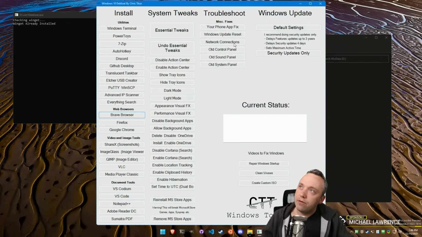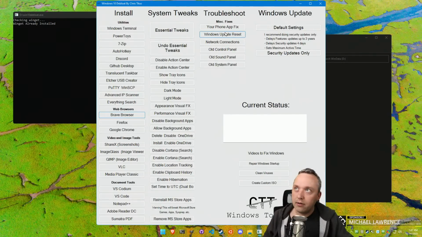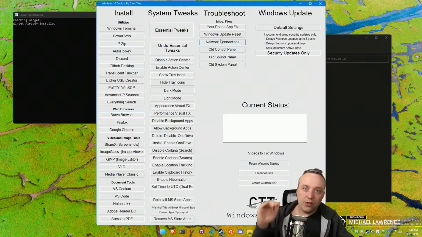Other things here too, if you run into Windows Update fixes, sometimes Windows Update just breaks. When you click this button, it's going to run a PowerShell file that, well, it's actually part of my script now, but I took this, I didn't make it. I just run this one from TechNet. Windows Update reset. And what this does is it resets all of the Windows Update services. Let's say you get infected with a virus. The first thing it usually goes after is Defender and also Windows Update. What this does is it resets all the services to their stock settings, blows out the software distribution folder in Windows,